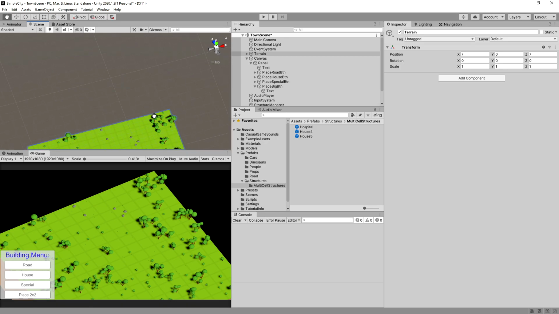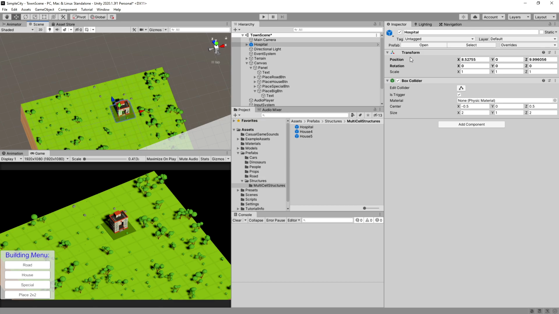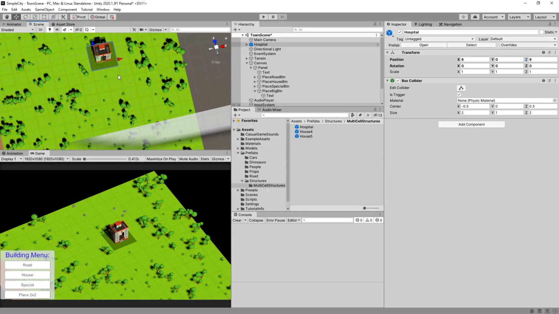So now when we place our hospital on the map and we set its position in its transform to 8 by 9, you can see that this position is this square on our map, and we only need to log the position above it, to the right of it, and in the diagonal direction. So we need to add to this position vector (0, 1), (1, 0), and (1, 1), and log all of those positions on our grid to set the position to be a structure